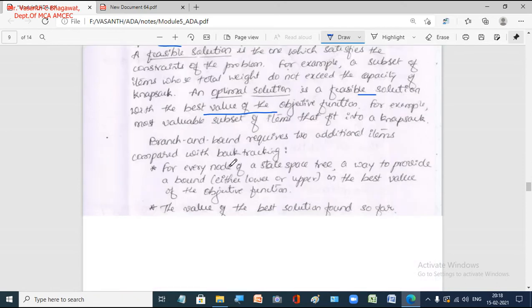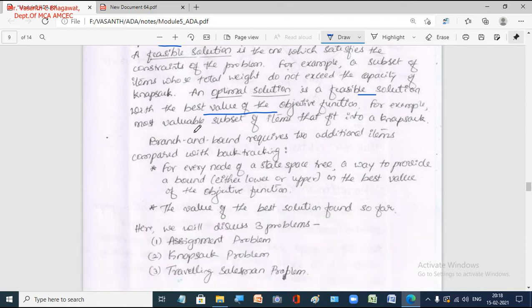So we are going to work on these types of problems. Here in the branch and bound technique, since our objective will be either maximization or minimization, we try to find an upper bound or a lower bound. Since we are calling it branch and bound, you are going to branch your state space tree depending upon a certain value or bound, which can be either a lower bound or an upper bound. If your objective function is a minimization problem, you find a lower bound. If it is a maximization problem, you will be finding the upper bound of that particular problem.